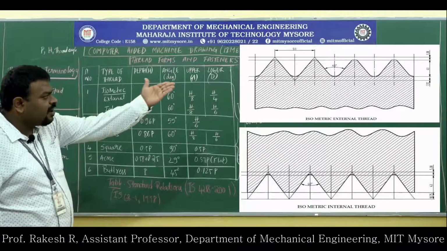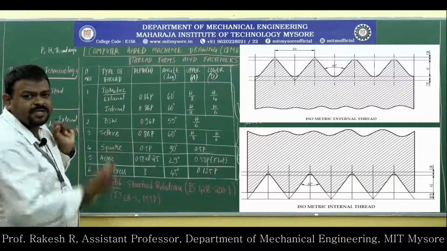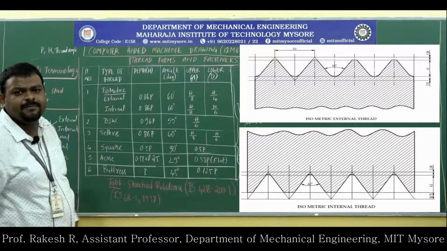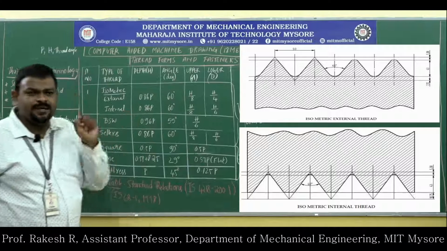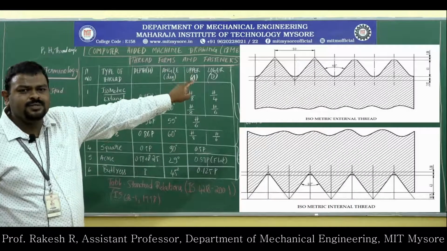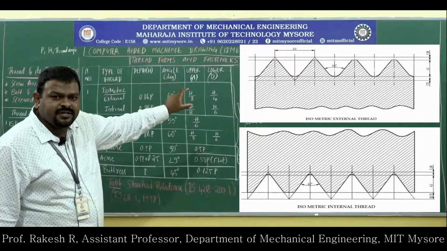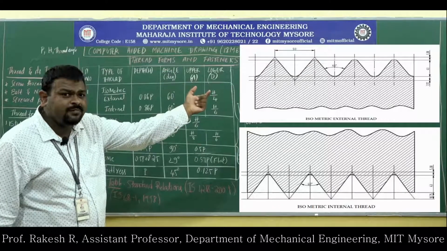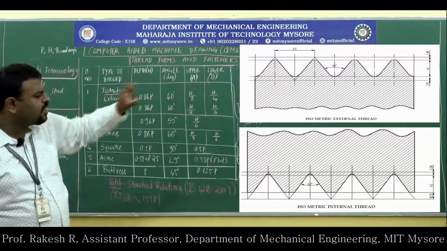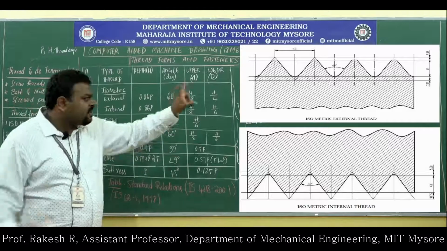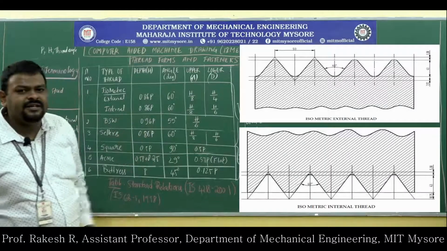And you have to mention all the specifications. You have to mention what the pitch is. See here, in the isometric thread, they have mentioned the pitch. After that, you have to mention the depth of cut. An engineer is useless without representing the dimensions, so please be careful. You have to represent everything in the figure, in the profile of the thread: pitch, then h, the depth of the thread, then the angle. Angle is important; the angle is 60 degrees there. Then addendum and dedendum, or otherwise you can use upper and lower. Just write what is desired. So first name it: isometric external thread, isometric internal thread.